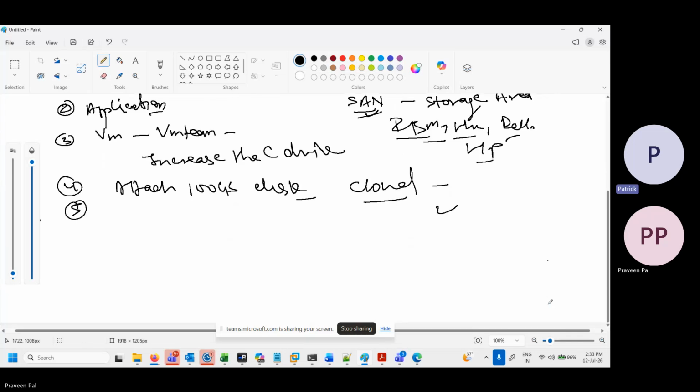We can store our data to the cloud as well. With AWS, Amazon, you can directly transfer your data to the AWS or Amazon storage. And in the disk category, we have one more type of storage,